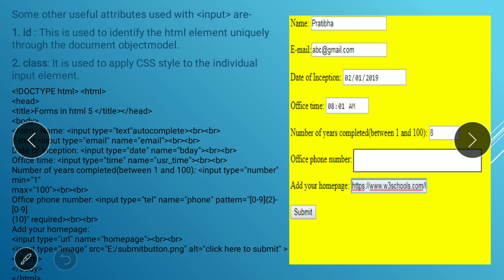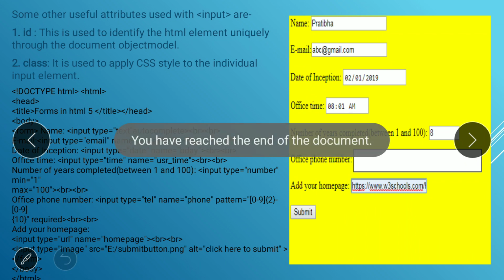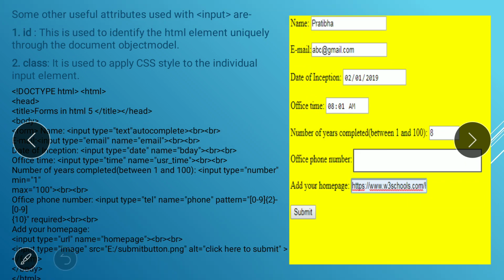okay, this is nothing but the last ppt for today, right? This is our last ppt today. Here are two more attributes which I have to tell you, but these are not restrictions. Till now, whatever we studied, these all are restrictions, but these two are not restrictions. These are only attributes: id, which we use in JavaScript, and class, which is used in CSS. What is CSS? We will definitely learn in the next lectures.